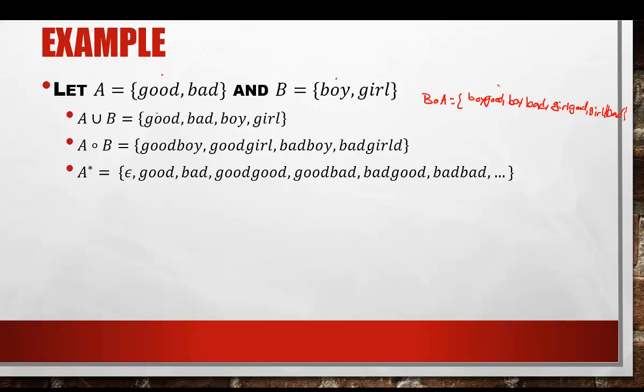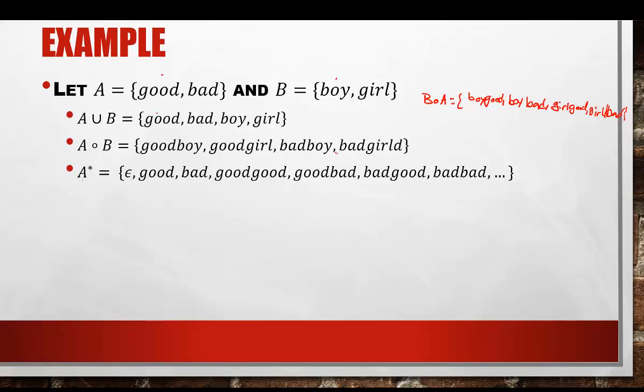Okay, so that would be the concatenation of B and A. Star is a set. The star of a set is the set of all strings from the original set put together, or concatenated together. So, for example, star of A will be: if no strings from A are concatenated together, that would be epsilon, the empty string, and then one string from A, so it would be good or bad, then string A repeated, so it could be good, good, and then string A concatenated with string bad, so good, bad,